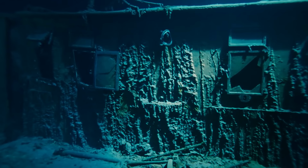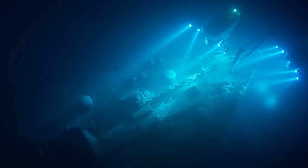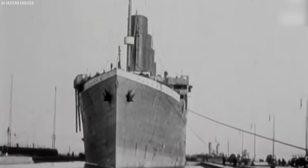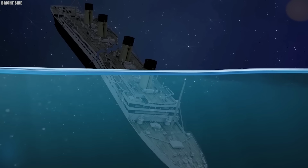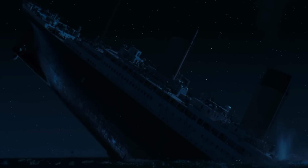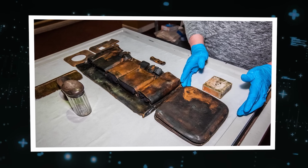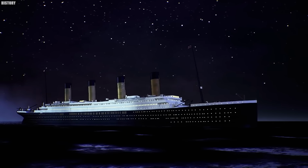By carefully examining the distribution of wreckage and assessing the condition of various parts of the wreck, investigators pieced together the sequence of events leading to the Titanic's demise. They concluded that the ship likely split apart shortly before it sank, with its bow and stern sections coming to rest several kilometers apart on the seabed. Each new artifact recovered from the Titanic acts like a missing puzzle piece, offering fresh insights into how and why